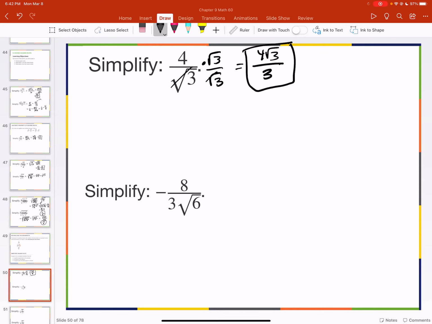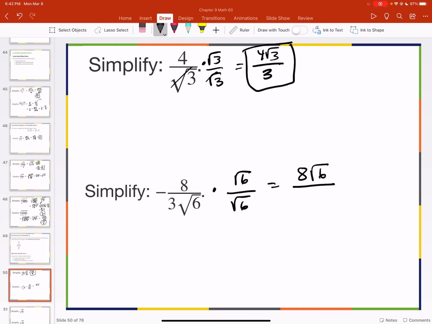And then this one here, we have negative 8 over 3 root 6. So we multiply top and bottom. We could just do root 6, or we could do 3 root 6. Let's just do root 6. Keep it simple, right? Just root 6 over root 6, you're going to get 8 root 6 on the